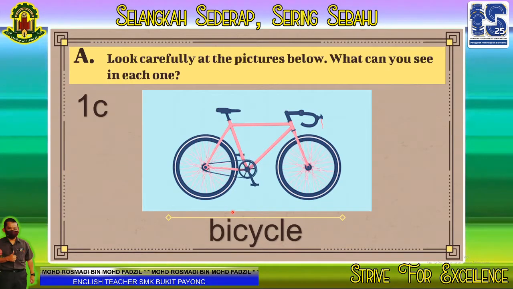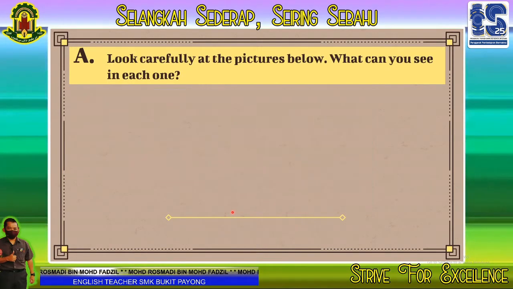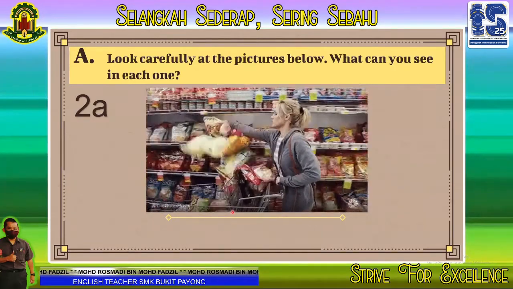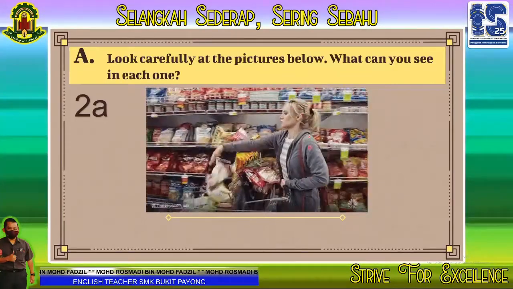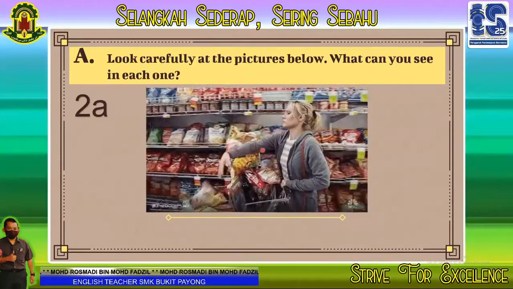Pictures in question 2. 2A. Picture of 2A. What is that? Tempat, right? Mostly all of the pictures in question 2 are places, kan? Saya sebut tadi places sebab soalan dia where. Okay, so places. So the first place A. Ni tempat apa? Bukan suruh teka ni siapa. Ni tempat apa? Where is she now in this video or in your textbook? What is that? Where is the place?